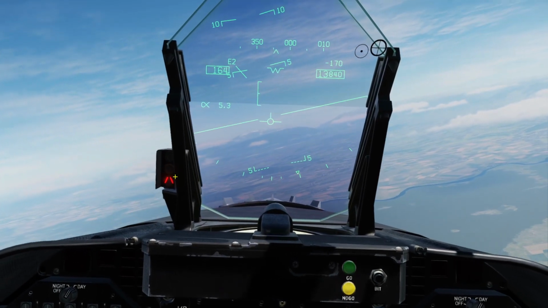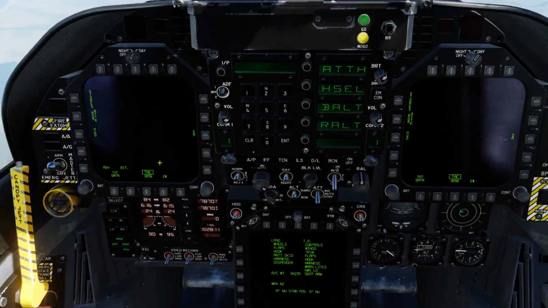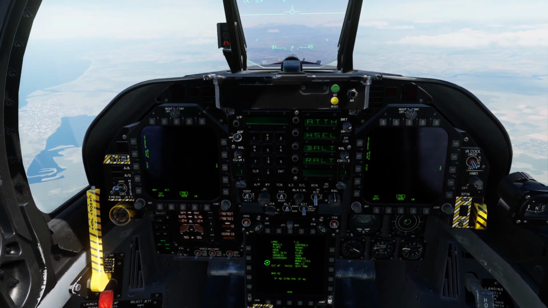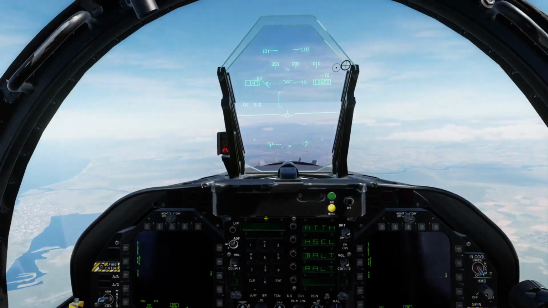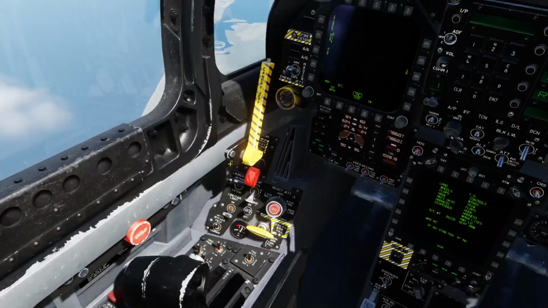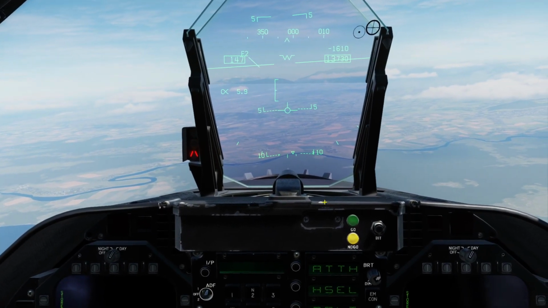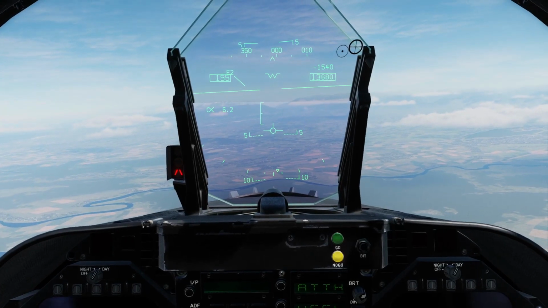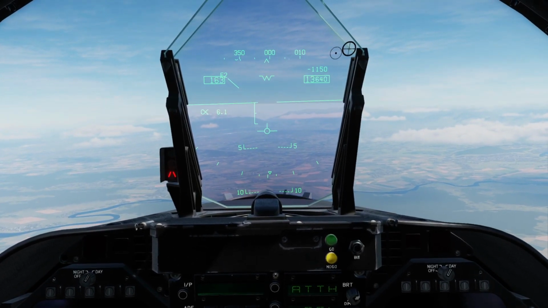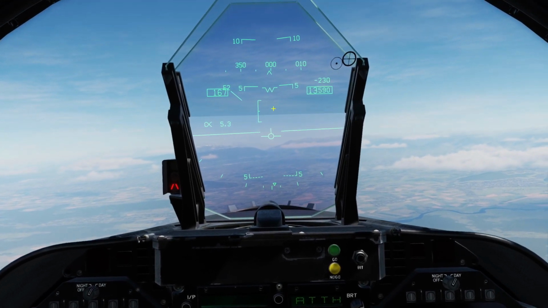Okay. Alrighty, so that's what that is, and you can change the brightness of that thing here for night operations. And there's something to do with the hook bypass. I don't remember. There was something to do with the AOA, but I will try to put it in the comments or something. Anyways. Now, the other thing that you can look at besides this is the E bracket, which is